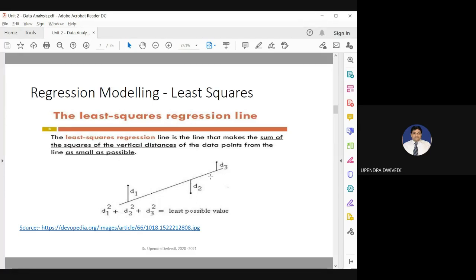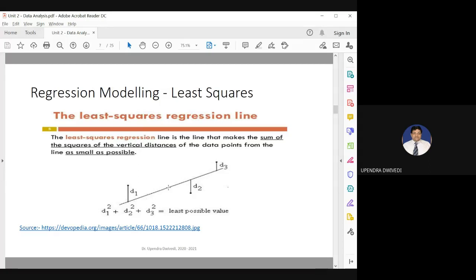So you can find that you are getting this linear regression line. Based on this line, you can predict that the number of members on the x-axis is directly related to the house price, the house expenses. What are D1, D2, D3? Suppose these are some house price predictions based on the number. You can find the distance of each, and you can take the sum of the squares of these vertical distances from the data points. So what we are trying to do with our model, that this is our model, and we are trying to minimize this error as much as possible.